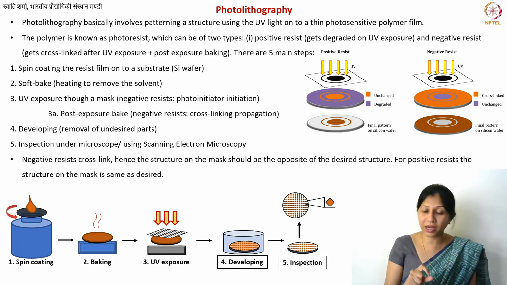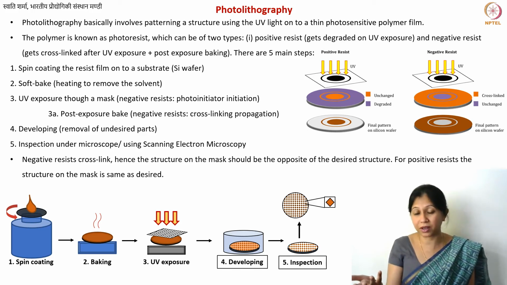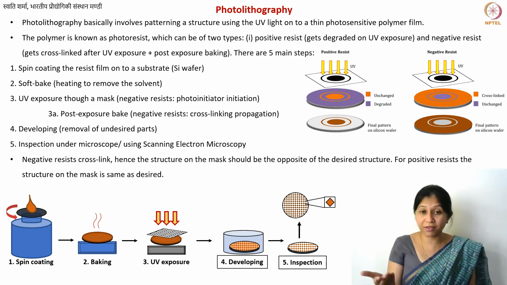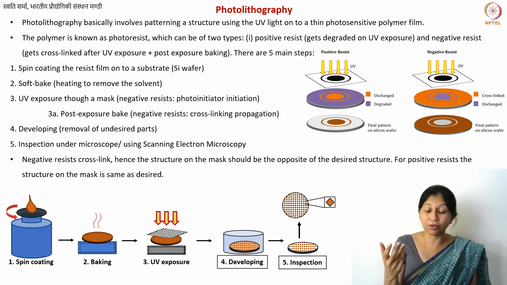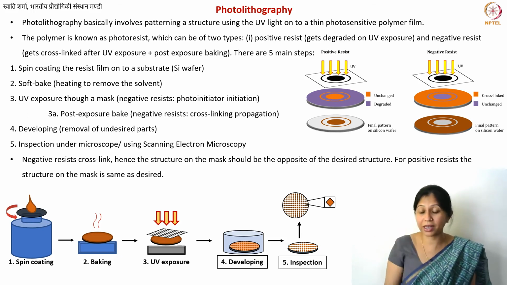But if you want to just make a carbon structure where you don't really care about the properties of the substrate, then you can also use other substrates. Or even when you care about the properties of the substrate, you can choose a glassy carbon substrate. If you remember, I had shown you this plate of glassy carbon. You can even use that as a substrate for your entire pattern. In that case, you can go to higher pyrolysis and carbonization temperatures as well. So you can play with all of these parameters, and then you can come up with the devices.